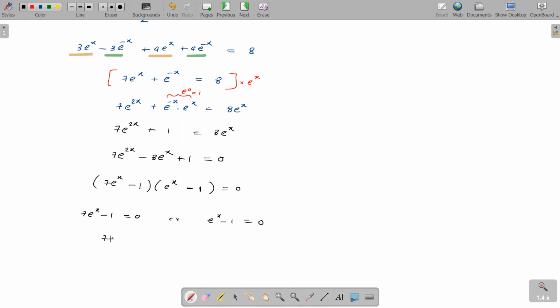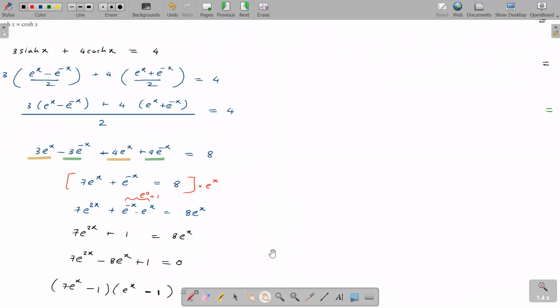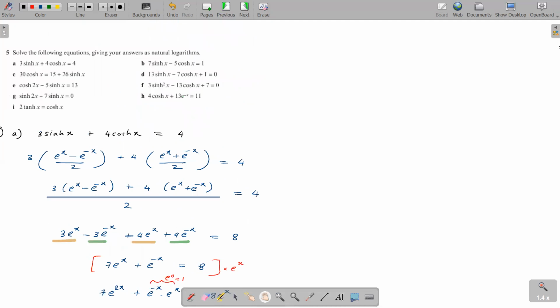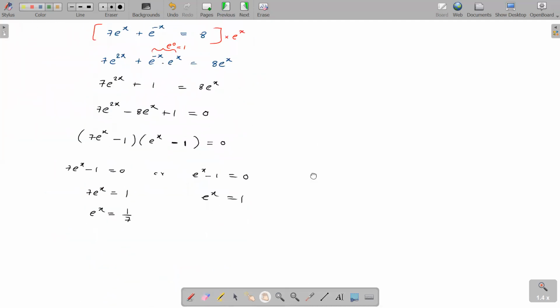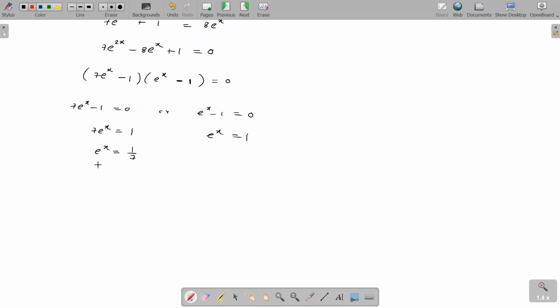So you get here 7e to the power x equals 1. e to the power x is 1 over 7. Here you get e to the power x is 1. So guys, you need to make x the subject, and I think they've told you in the question to give your answer as a natural logarithm. Okay, so it needs to be natural logarithm. You know what you should do here: take the natural log of both sides. Log base e is the natural logarithm. So let's take